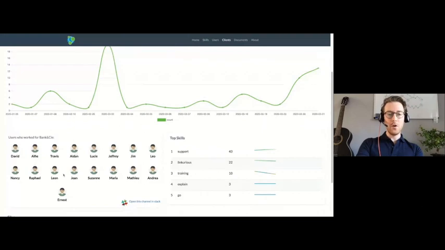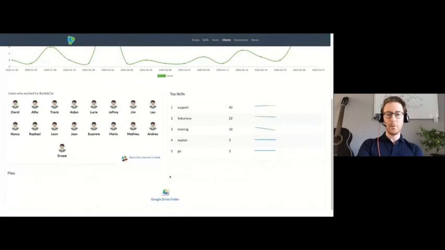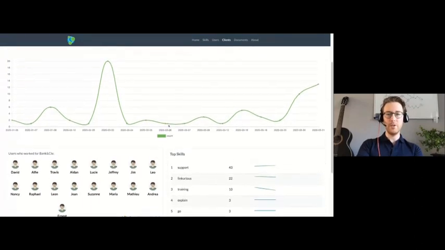You can also see the team members that worked for this customer. It's not a team as in who report to the same manager, but really the actual remote team, so everyone that was involved in this customer. It's really convenient. If you have a question, you just join the project and reach out to those guys, with some integration with Slack as well. And as I said earlier, we have some Google Drive integration as well, so you can quickly go into the Google Drive folder for this customer and find some helpful documentation.